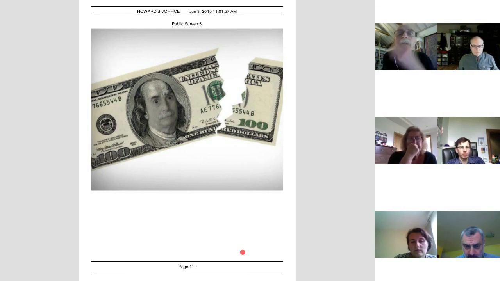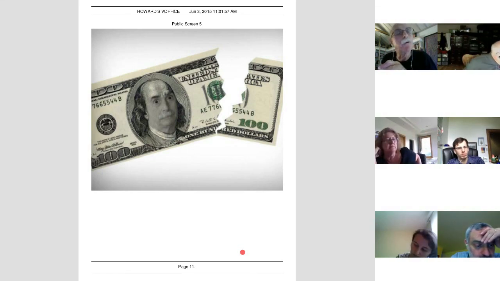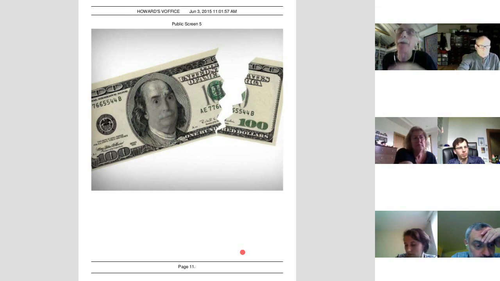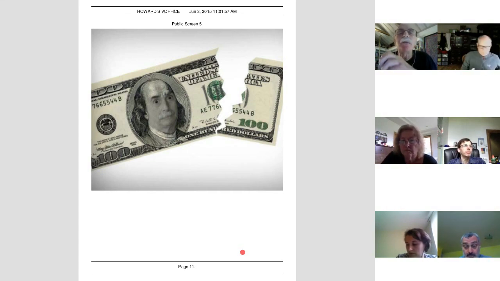There are societies in which player number one is always generous. There are societies in which player number one is always stingy. There are societies in which player number two always accepts, and there are societies in which player number two always rejects. And there's a book written about this. It turns out that the conditions of life in that society determine how they're going to play the ultimatum game,